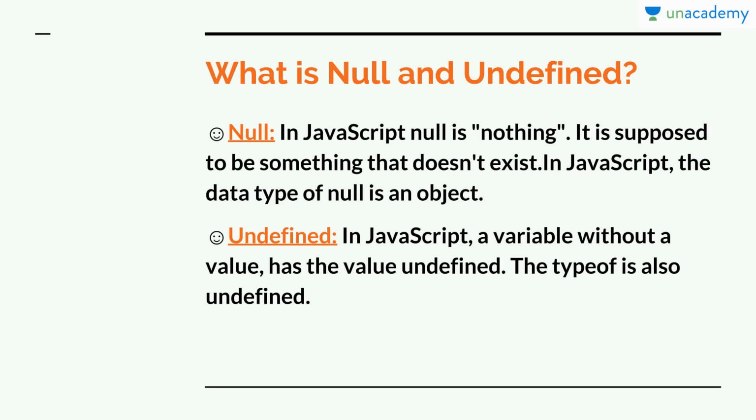That is, this variable is not defined, like what kind of value it will take, or whether it's a string or a number or anything else, or an object or an array. So its data type is also not defined at that time. So you will get the output as undefined.